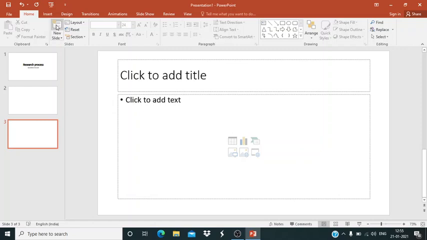In the same way as in Microsoft Word, we have an undo option and you also have a redo option. This is the arrow mark for undo and this is the arrow mark for redo. If you want any changes, you can use this particular icon for that purpose.